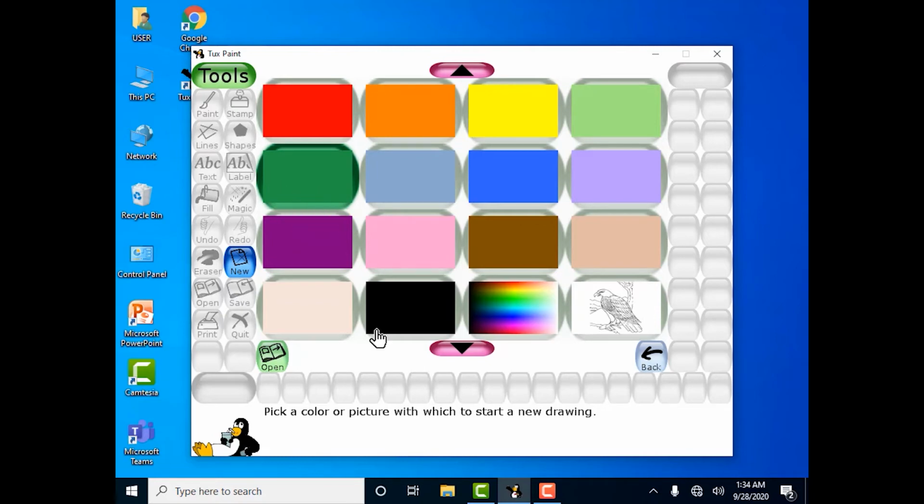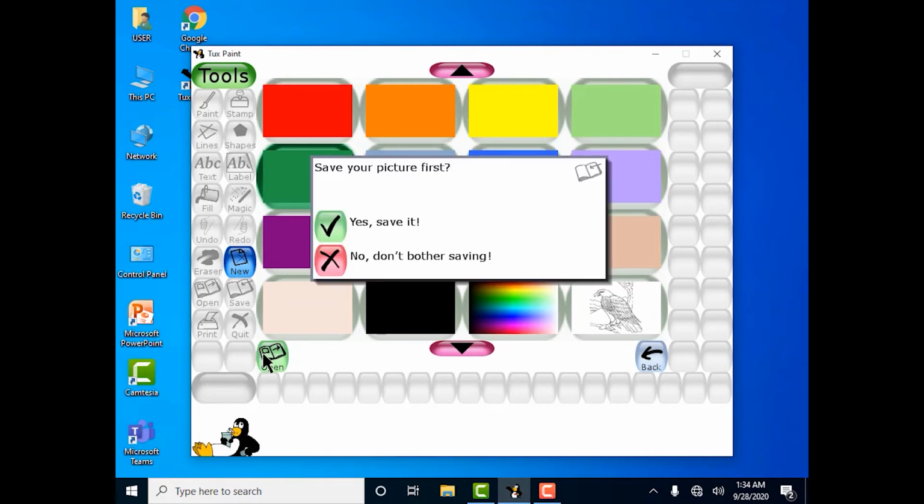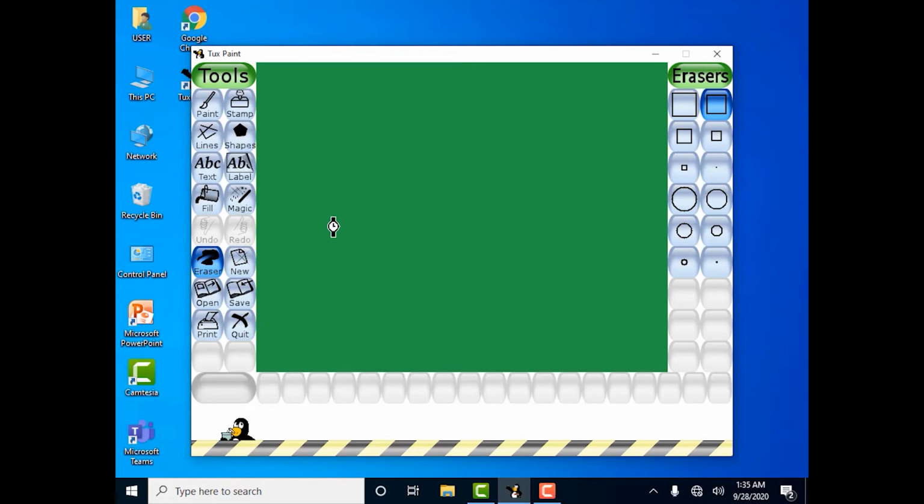After you click on the Open button, you will find a blank screen with a green drawing area. Now you can draw anything in the drawing area. Since your canvas is green, you must use light colors like white, yellow, or pink.